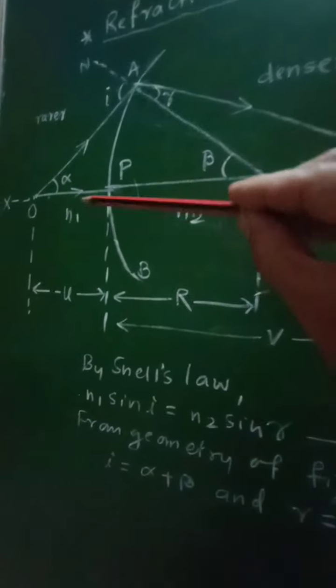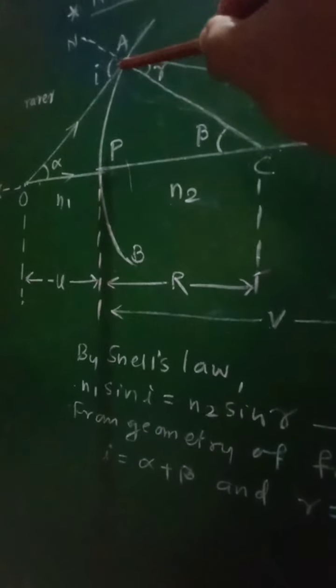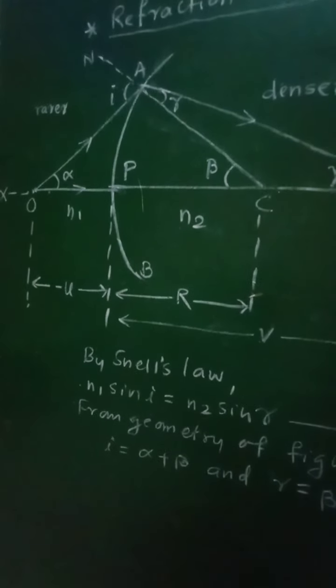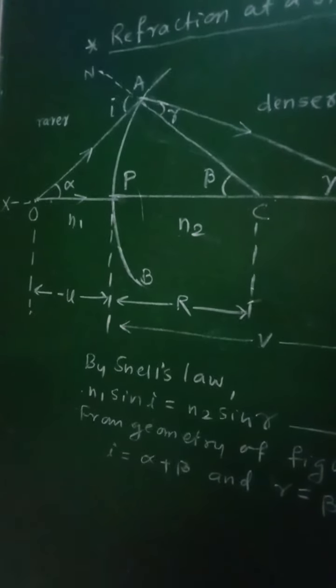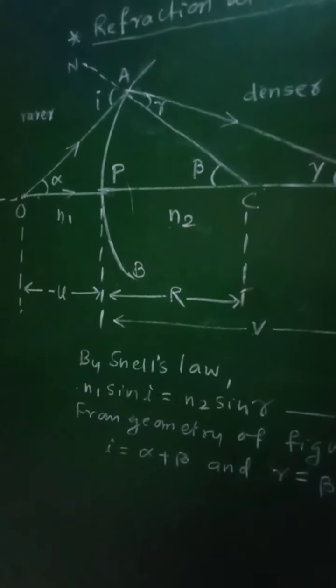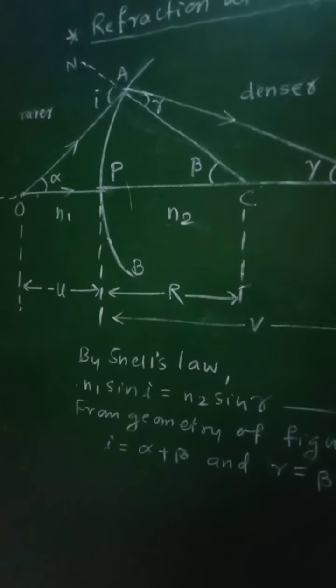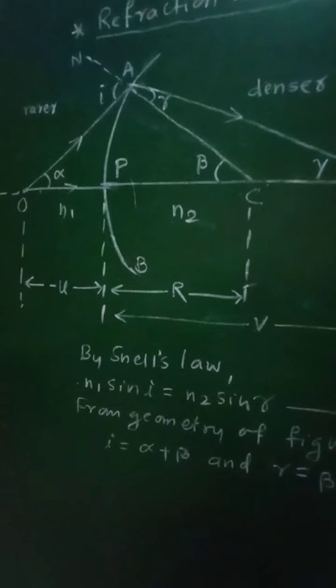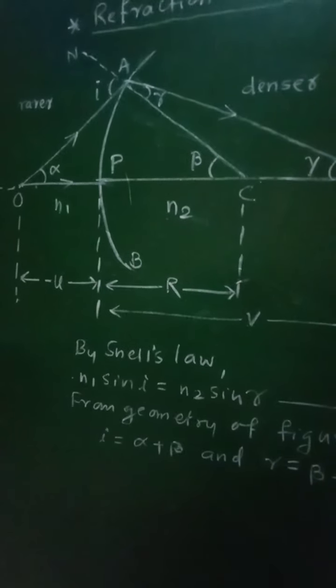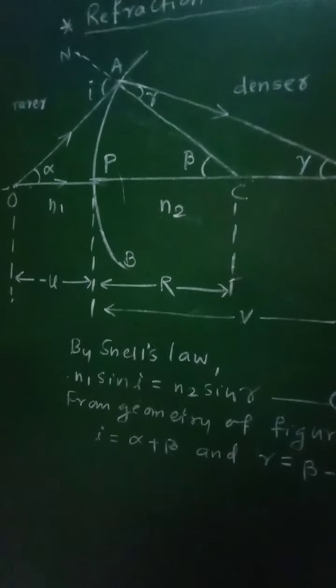So as OA is the incident ray, the angle between this normal and this incident ray will be equal to the angle of incidence I, in the first medium of refractive index n1. Then as n1 is less than n2, that is, the first medium is rarer compared with the second medium, the ray deviates towards the normal and bends along AO', meeting the principal axis at point O'. Now this is the real image formed at O', that is, the image I of point O.